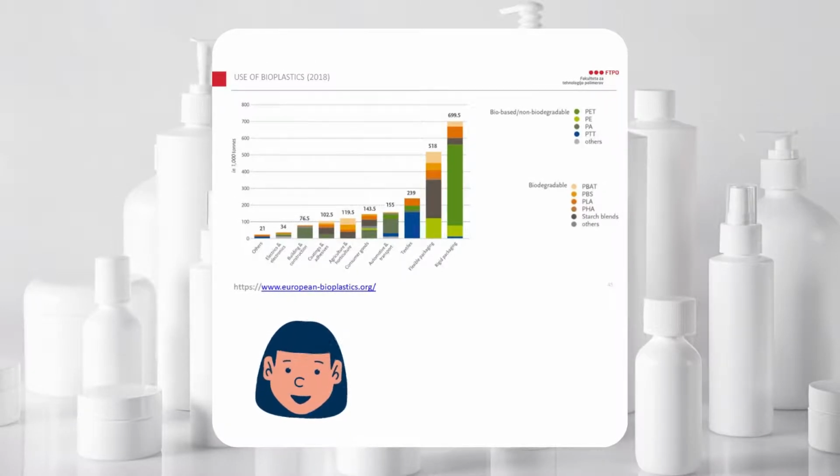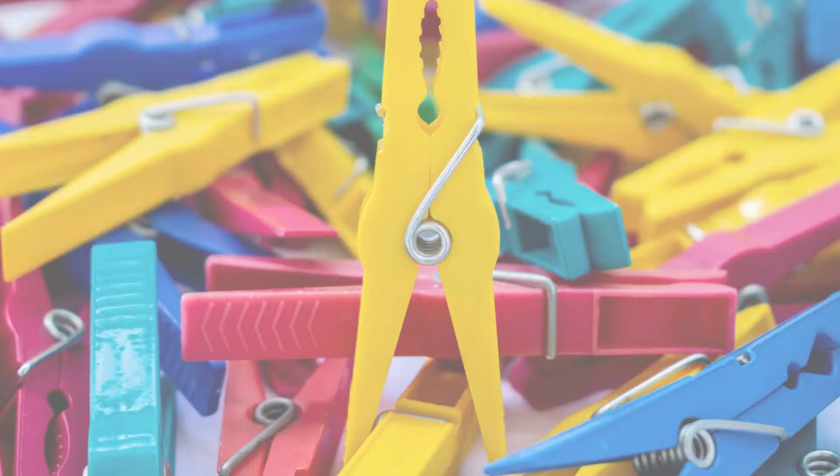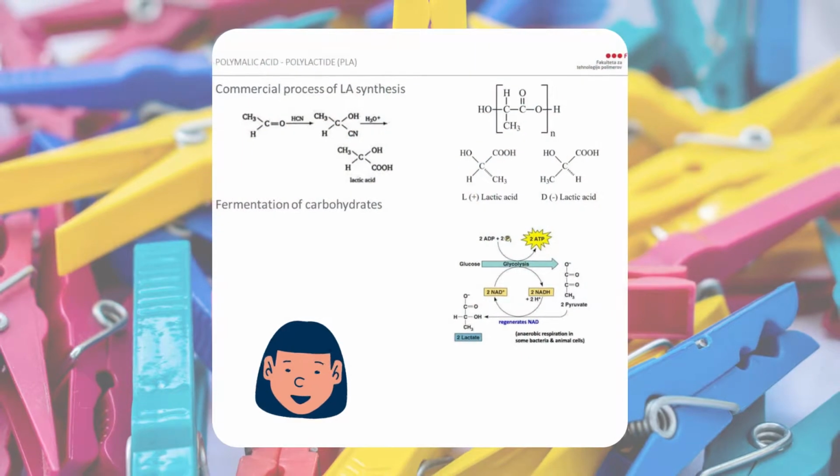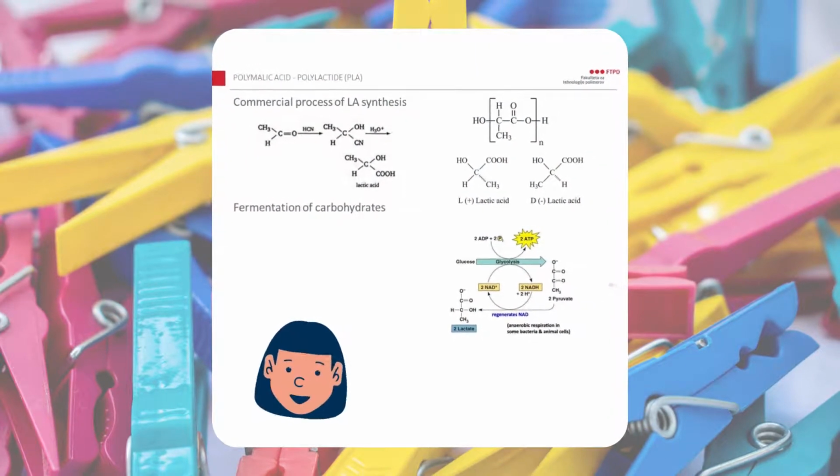The molecular structure of polylactic acid is presented here on this slide. Polylactic acid is a linear thermoplastic polyester. The basic monomer for synthesizing polylactic acid can be obtained by fermentation of carbohydrates. The so-called lactate or lactic acid is obtained. This lactic acid can then be directly polymerized, or it can first be converted into dilactide, and then this dilactide